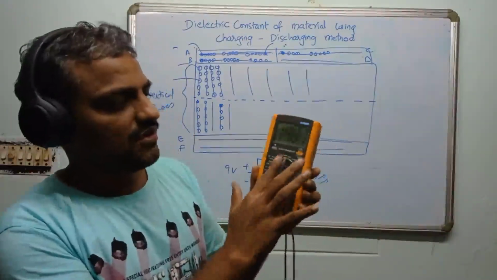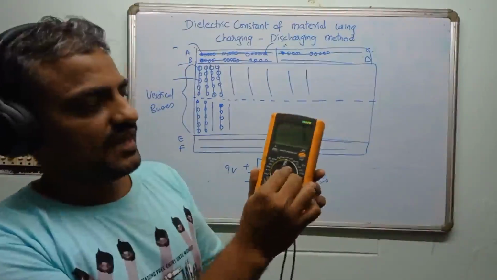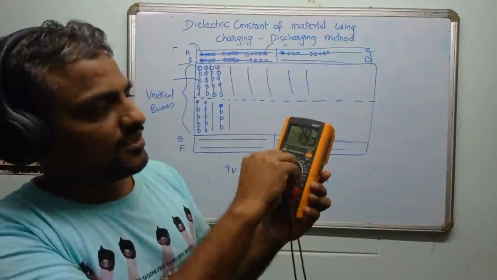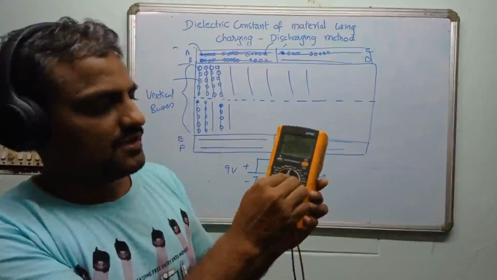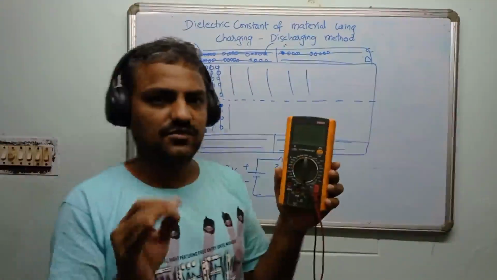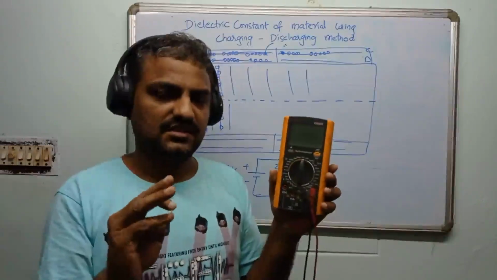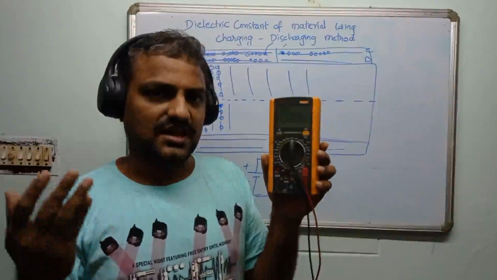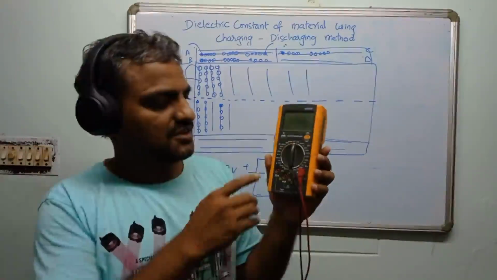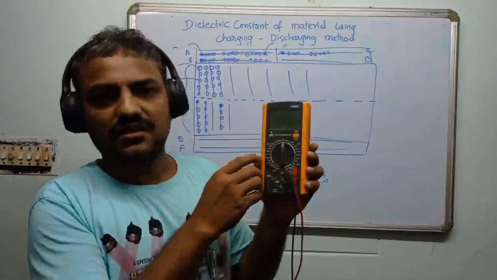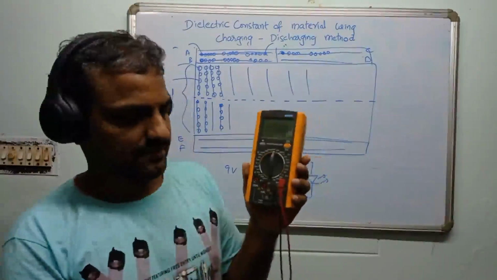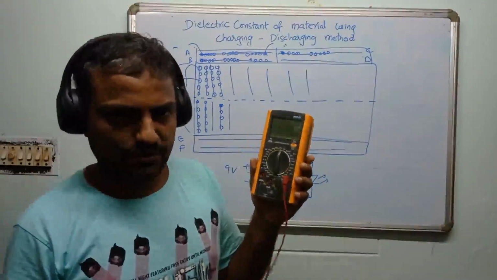So here you have got a dial. This dial can be turned in any direction in order to perform a specific task. So usually you can measure voltage both AC and DC. You can measure current both AC and DC. You can measure the resistance, capacitance, and even the HFE, the current gain of a transistor with the help of this particular device, right? You can check the continuity also.